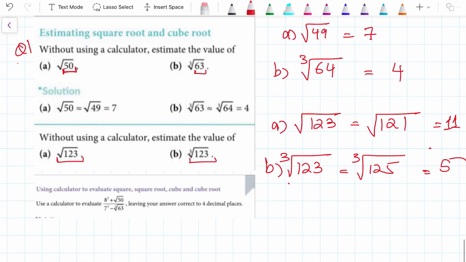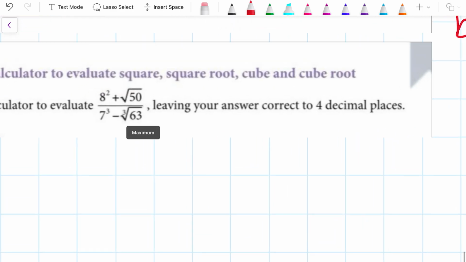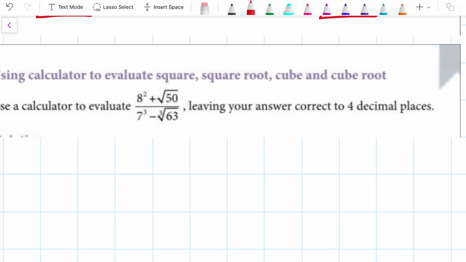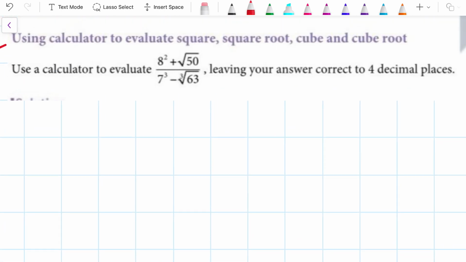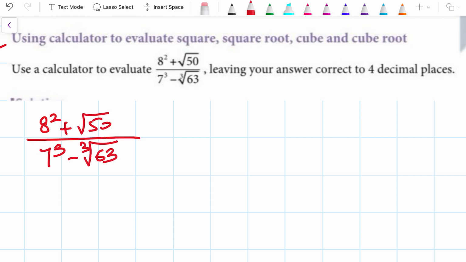Now, first question, second question, third question. Using a calculator. So how about I do it without the use of a calculator and estimate it. We'll also do it with the calculator, okay? So it says 8 square plus square root 50 divided by 7 cube minus cube root 63. Square root 49 is...